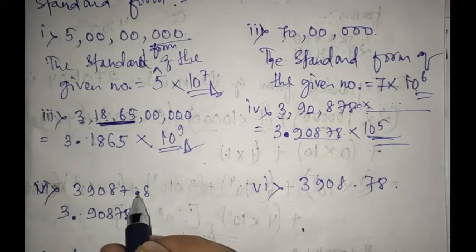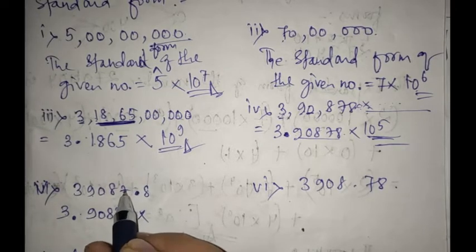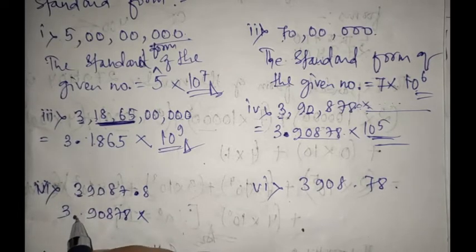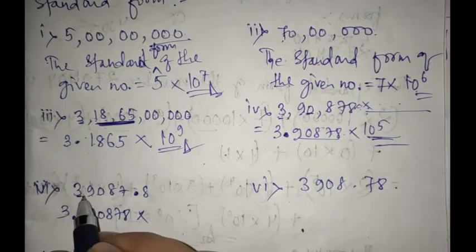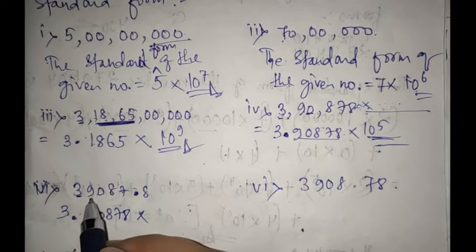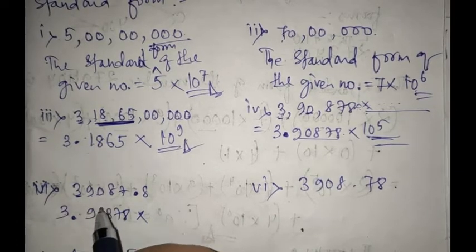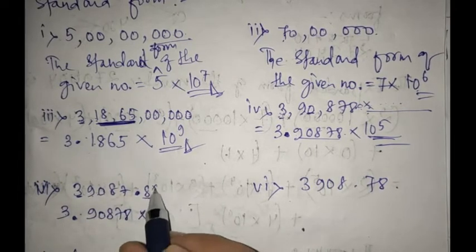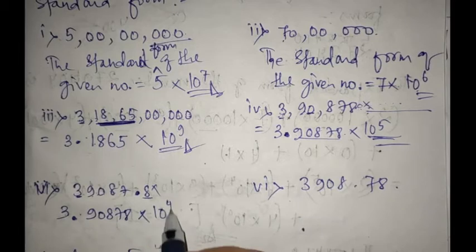Then you will count before this point. Alright, before this point or decimal, how many digits are there? 1, 2, 3, 4, 5. But you will not count this 3 because we have already written this before the decimal. So you will count after the 3. After 3, how many numbers are there? Which numbers are getting included? 1, 2, 3, 4. You will not count this again. So it will be 10 to the power 4.